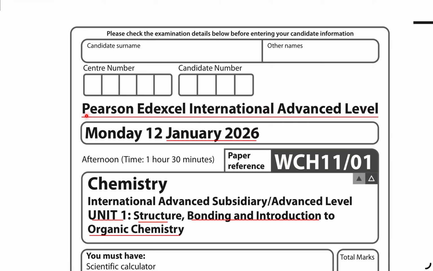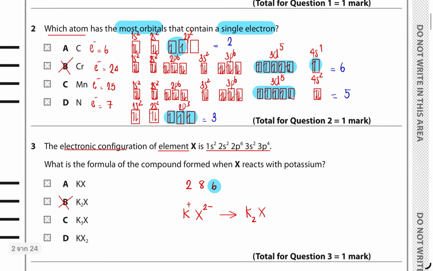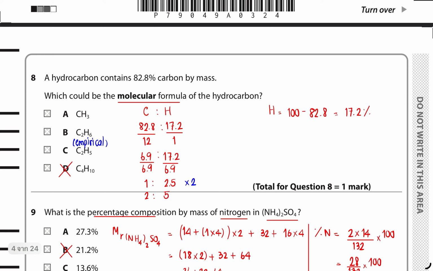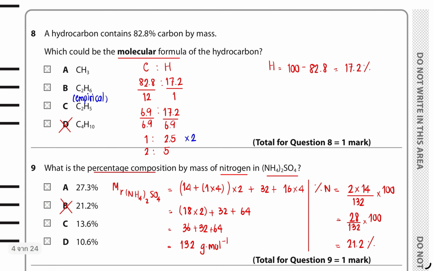Okay, we are still in the answer of Pearson Edexcel IAL, January 2026, Unit 1. Now, in this video, we will move to question 8. Okay, question 8, a hydrocarbon contains